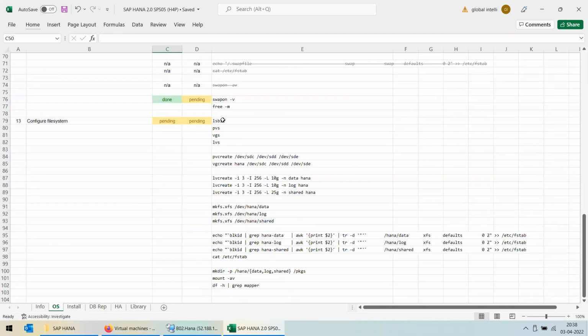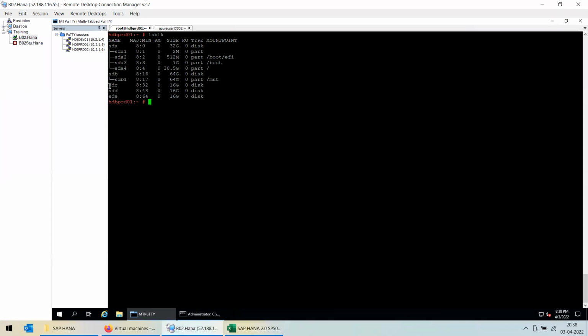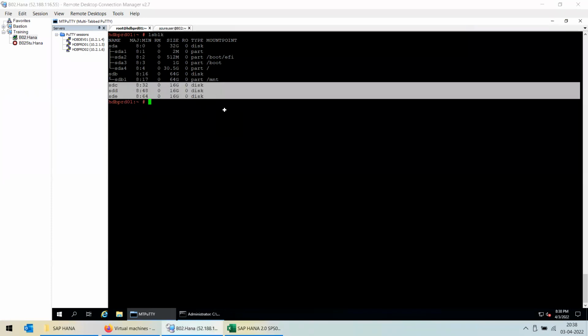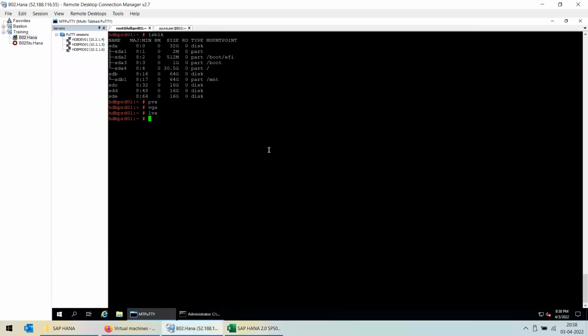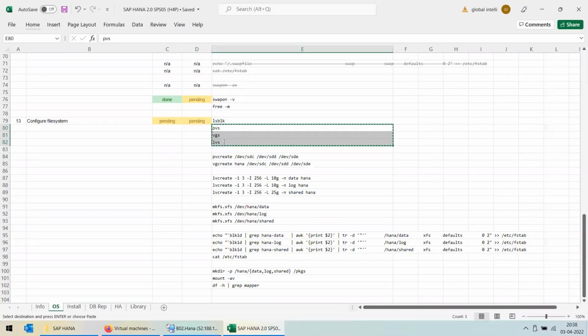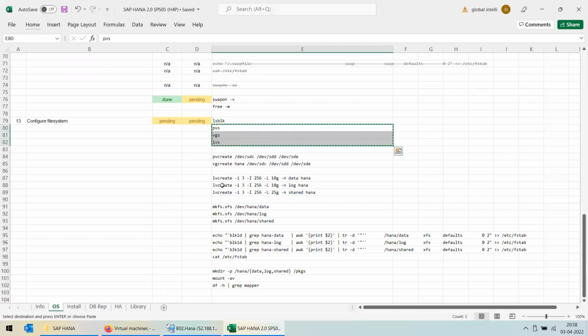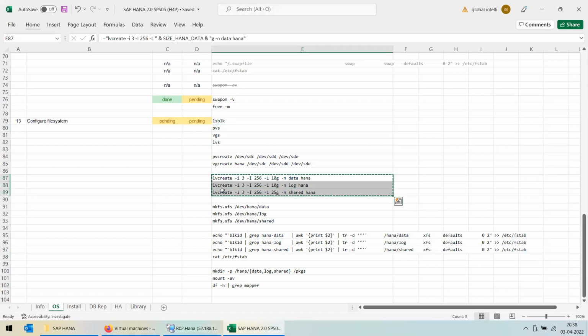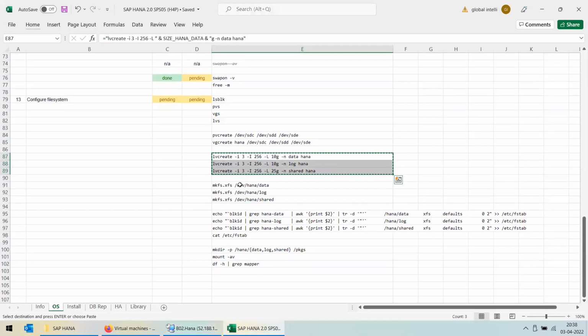Now remaining is to create the file system. This is the 3 disk over SDC, SDD, and SDE. PV create, create. Okay, so